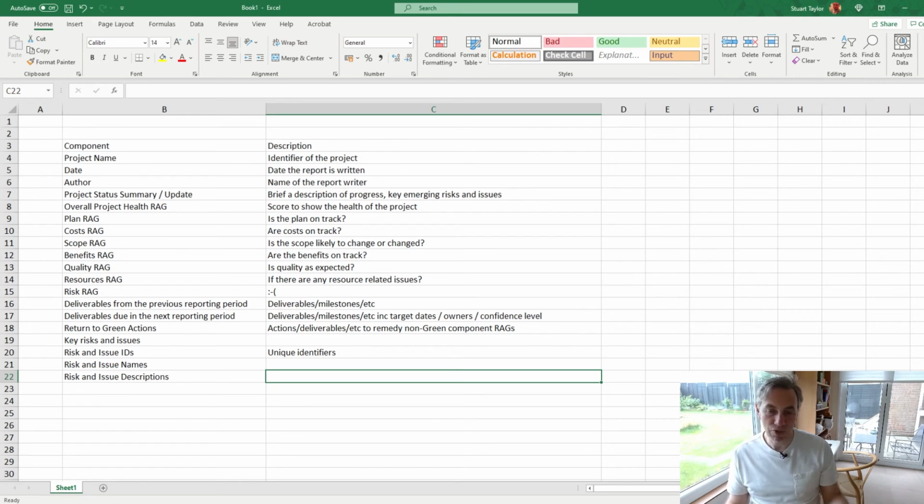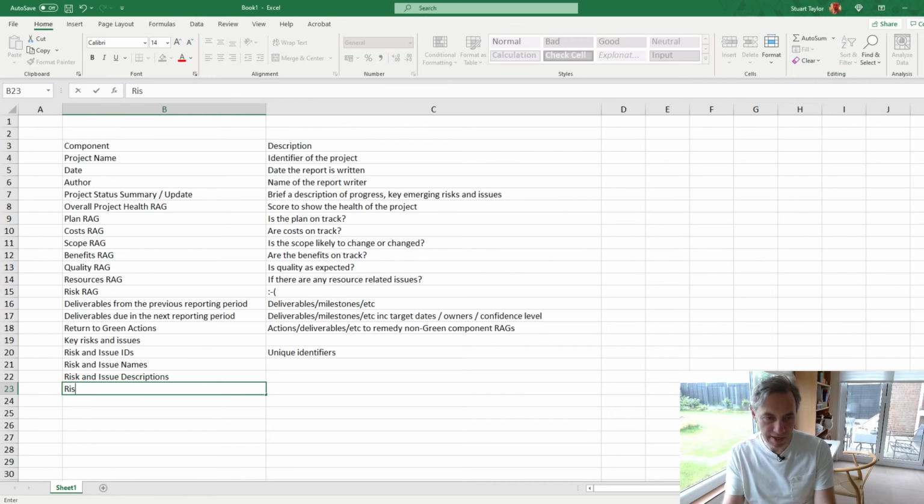And the structure tends to be: there is a risk that, explain the risk, because, where you explain the circumstances, and the impact is, where you define exactly how long of a delay it's going to cause, how much it's going to cost, whatever measurable value that you can apply to it. I would suggest putting the risk and issue target closure date,